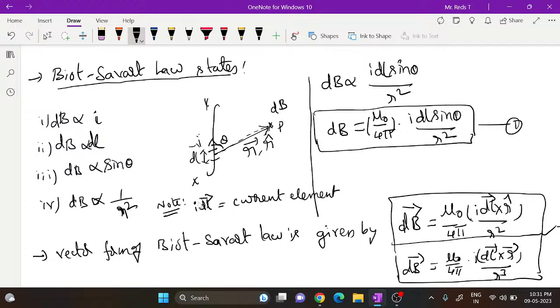Now, Biot law says the magnetic field due to a small current carrying element of length dl at a point P, which is at a distance r from the element,